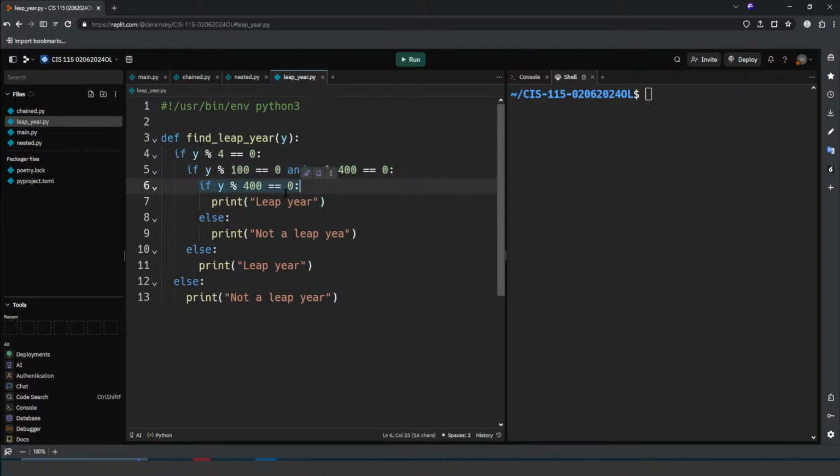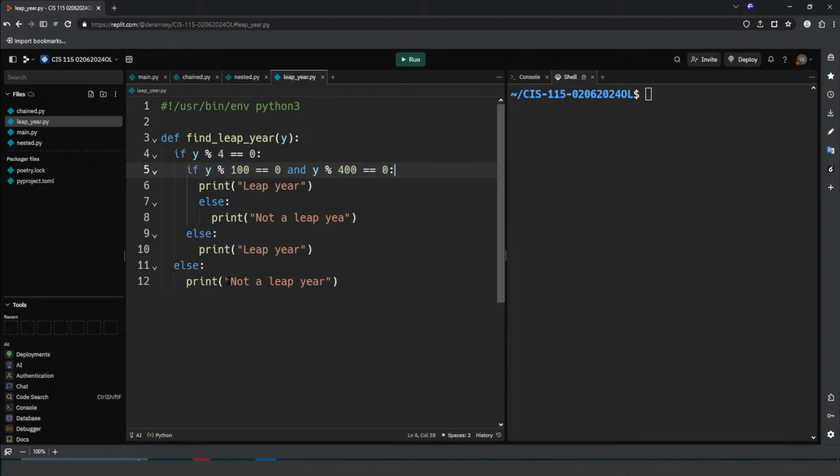And then I can get rid of this other statement, and pull this one back. Because otherwise, if it is divisible by 4, but not divisible by both of these, then it is a leap year. So then I will pull this one back to be in line with that one, because if it's divisible by 4,